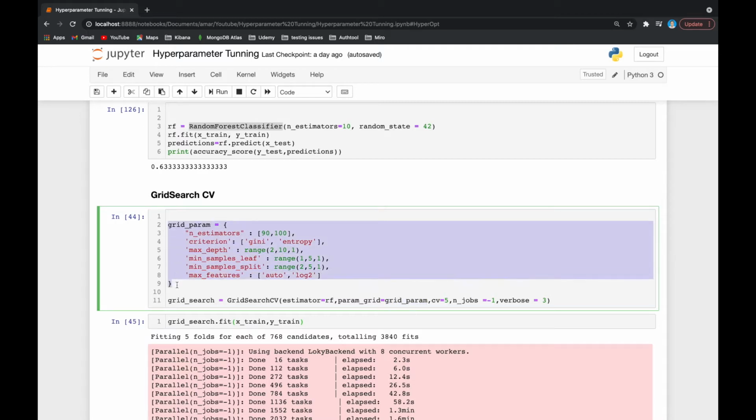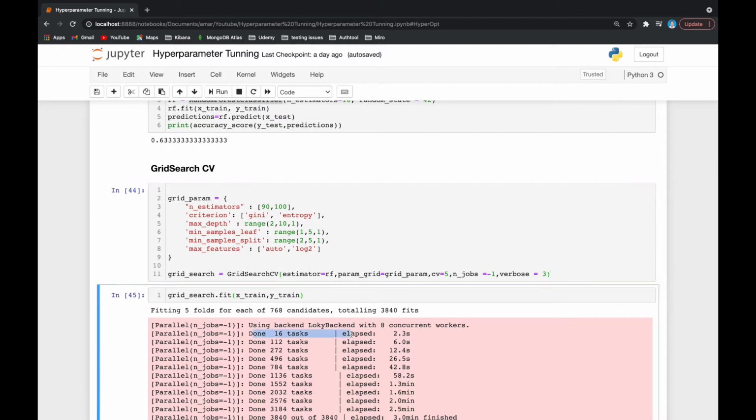Okay. So this dictionary we are passing over, and cross validation we have to do for 5, and n_jobs equal to -1 is nothing but using parallel computation. Then verbose is the output display that you want to show over here.